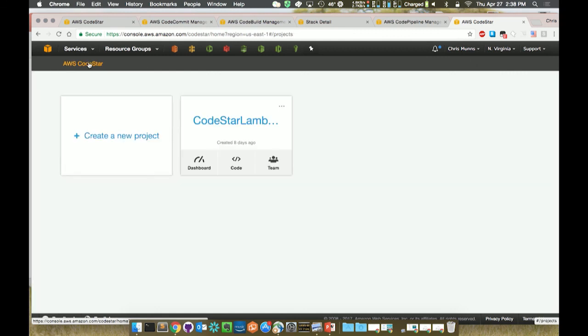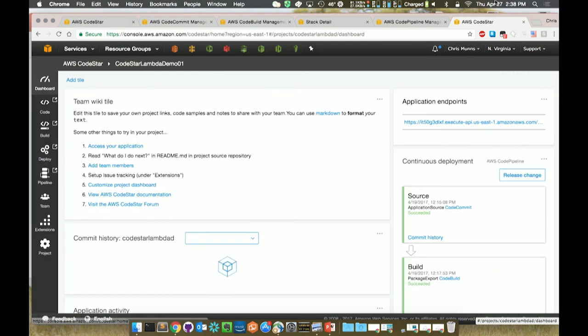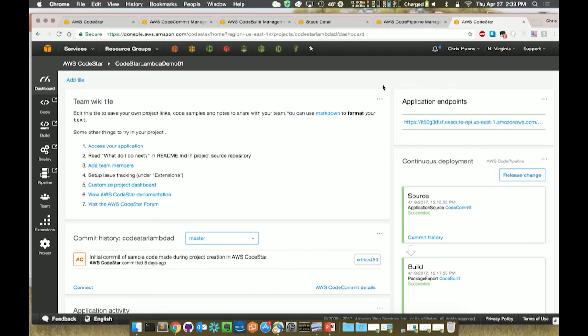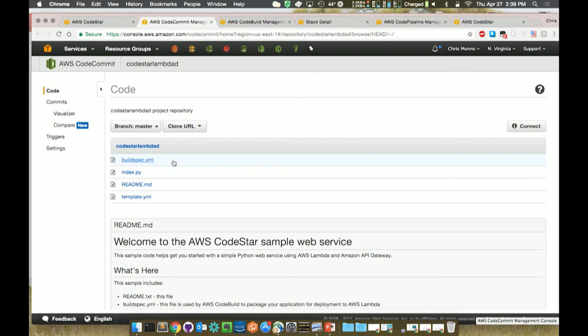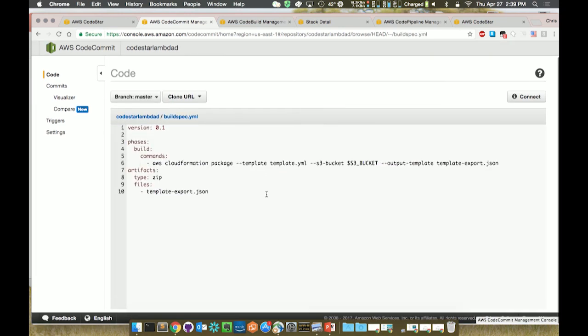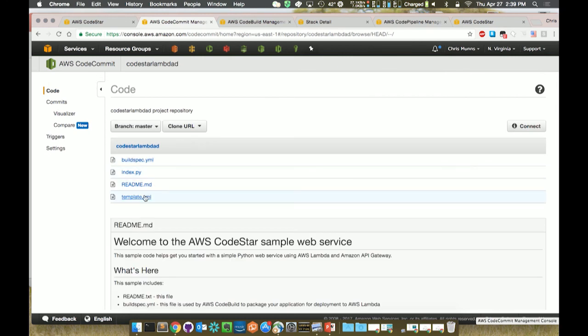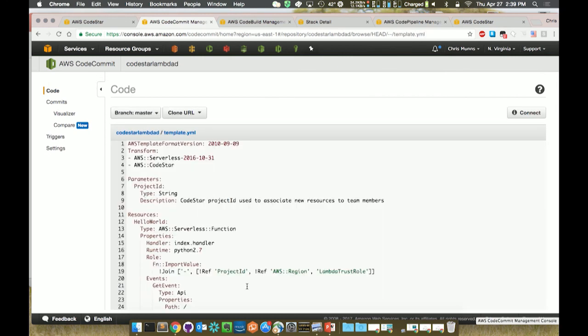Again, it just launched last week, called CodeStar. It's in a number of regions right now, so Virginia, Ohio, Oregon, and then Ireland. And it's pretty cool. It makes it really easy to get started with a full-fledged CI/CD stack for serverless applications. And one thing that it does is it gives you a default repo that has both a build spec file that's really, really basic, and then it also gives you a template file for SAM.